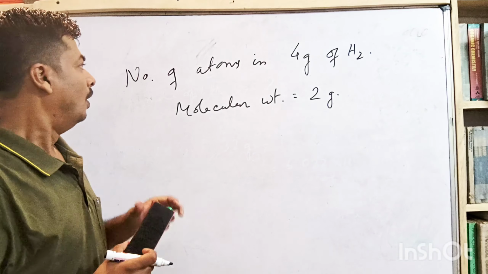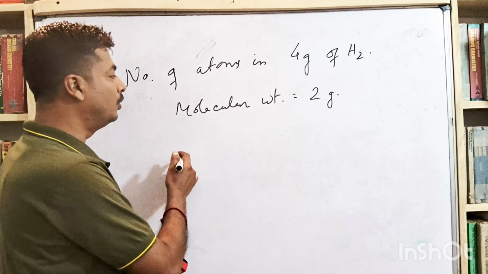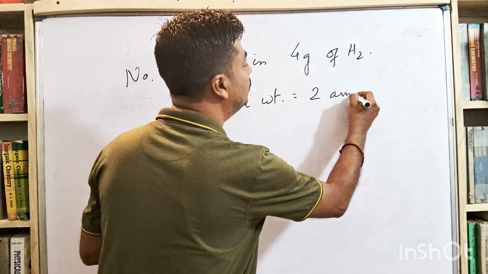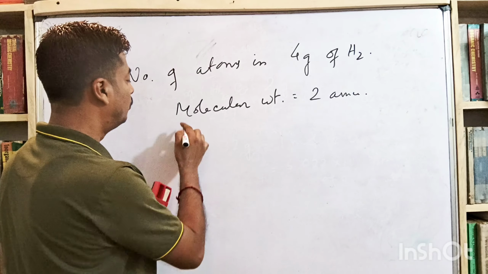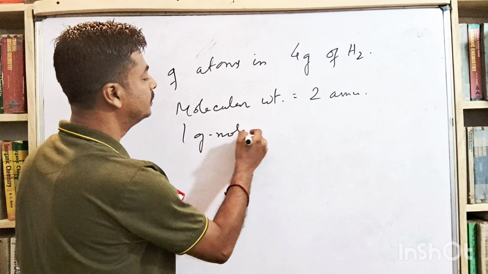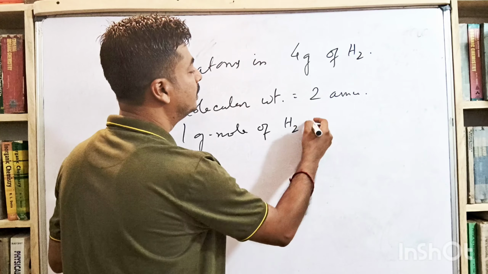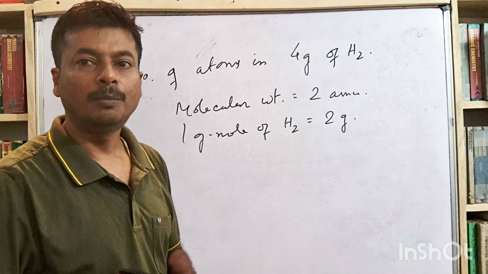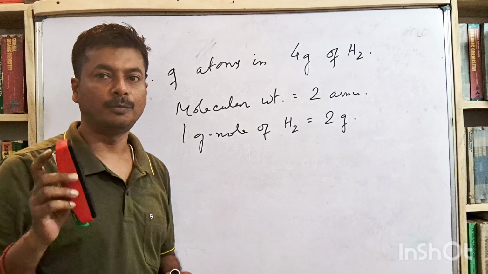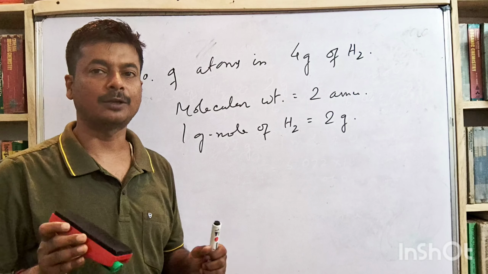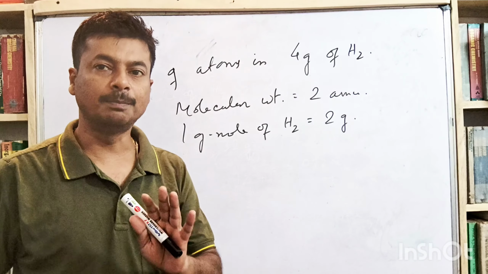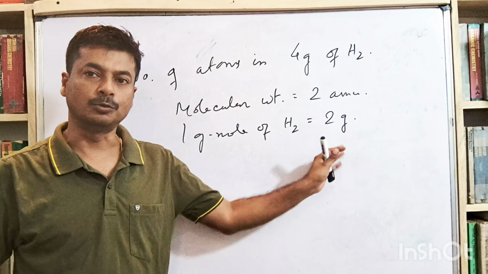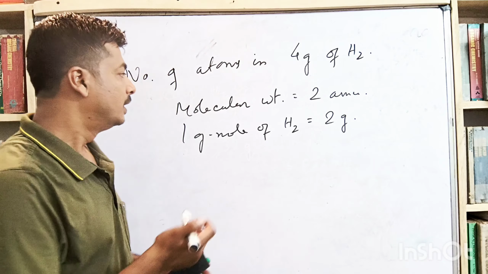Now, as we know, it will be 2 AMU, and 1 gram mole of hydrogen means 2 gram hydrogen. The unit of molecular weight or atomic weight is atomic mass unit, AMU, or simply u. Now 1 gram mole of hydrogen means 2 gram. So according to Avogadro's law, there will be